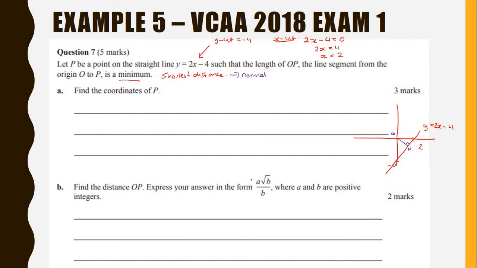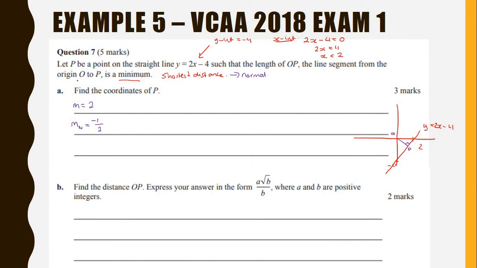Yes, so let's actually go about doing that. First of all, the gradient of this line along here is going to be 2. So the gradient of our line given was 2. So the gradient of our normal, we need to flip it and take the negative. Flip it and take the negative. So to find the equation of this line, what I'm having is that it has a gradient of -1/2, and